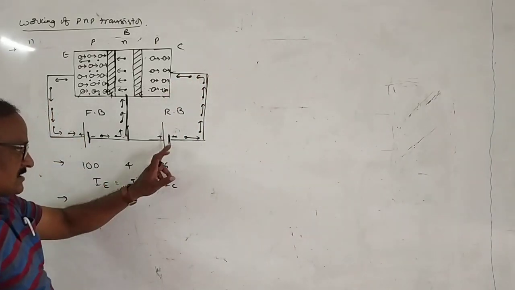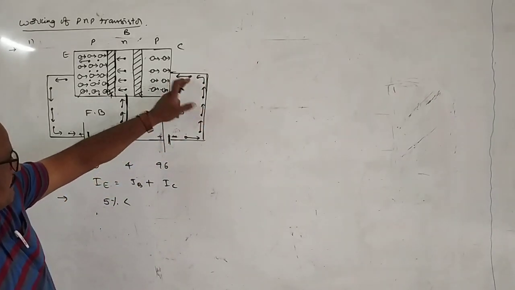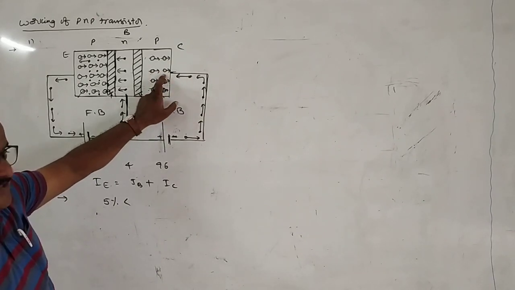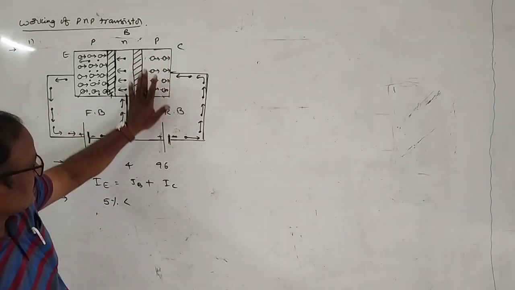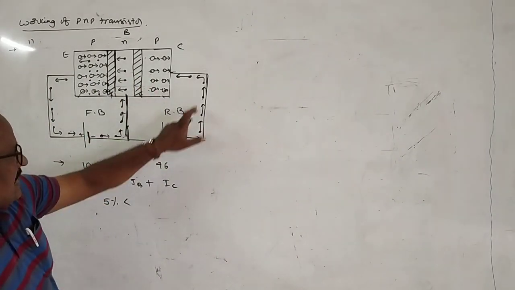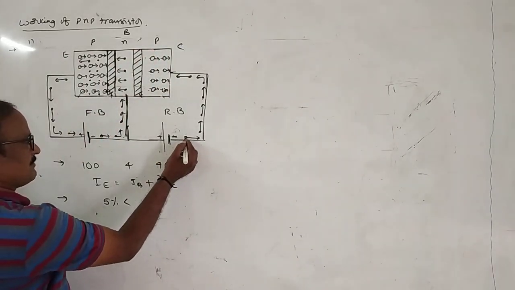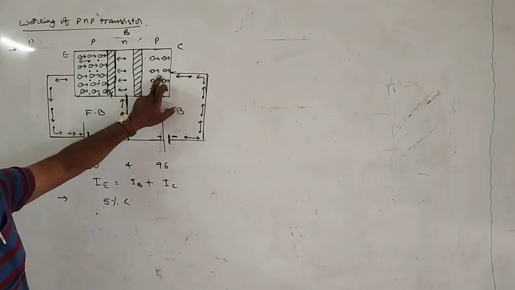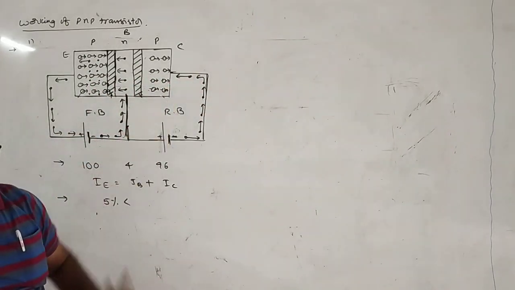Again, these electrons coming from the battery positive polarity enter into the collector region. They recombine with the positive charge holes. Recombination means it fills the junction region again. All these positive charge carriers coming from the emitter material are recombined with the electrons and form the neutral region. Further, the electrons coming from this battery will collect at the neutral region and again form the electrons on both ways. That's why electrons are moving like this, holes are moving like this.